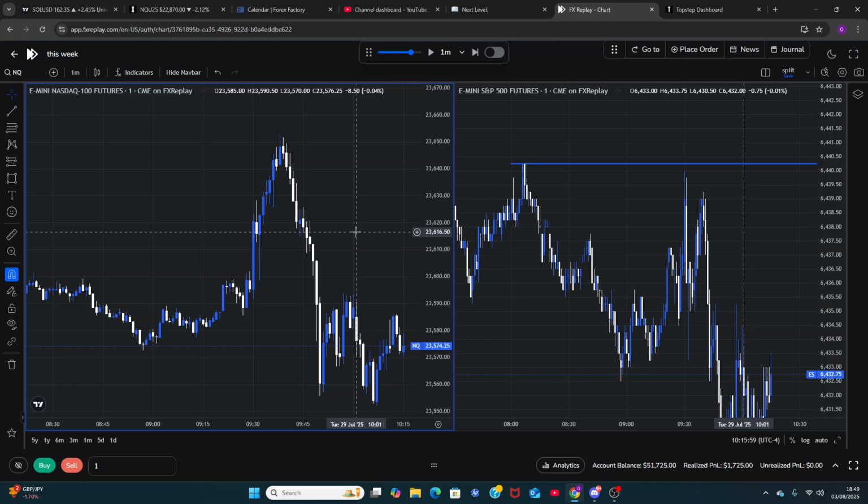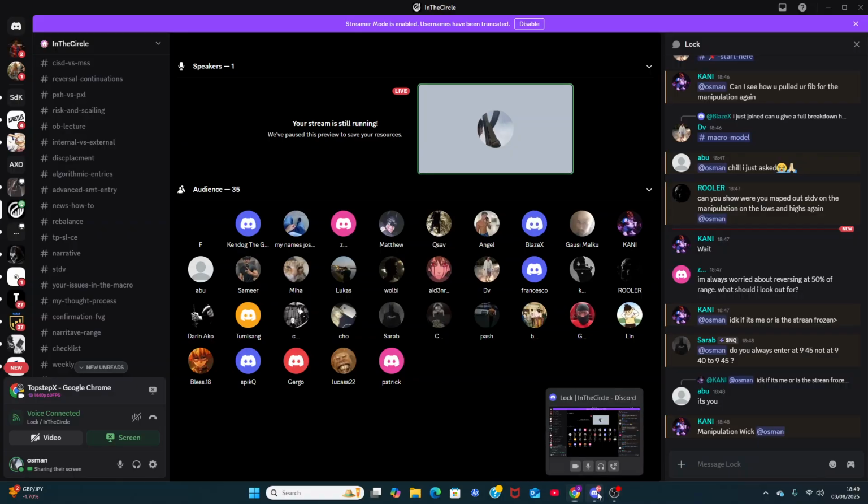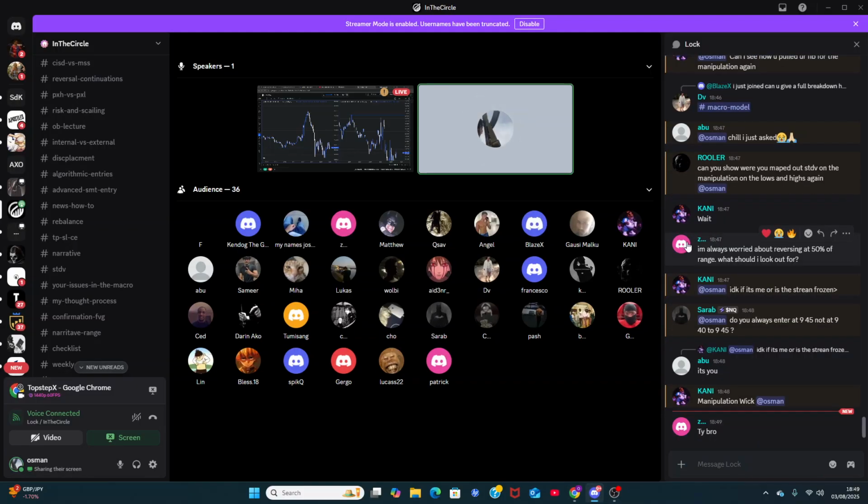I think the only time you should think about 50% is when using fair value gaps and targeting high time frame wicks, just in case it's too choppy, you can target the 50% of it. But don't use it for ranges. I think you can have it there, but don't get scared if price reacts off of it. Most of the time, I promise you, price never really respects 50% of ranges. Because if it does, trading will be too easy. Most of the time, it doesn't respect it. So don't get scared. Just enter at premium, enter at discount, depending on buys or sells.